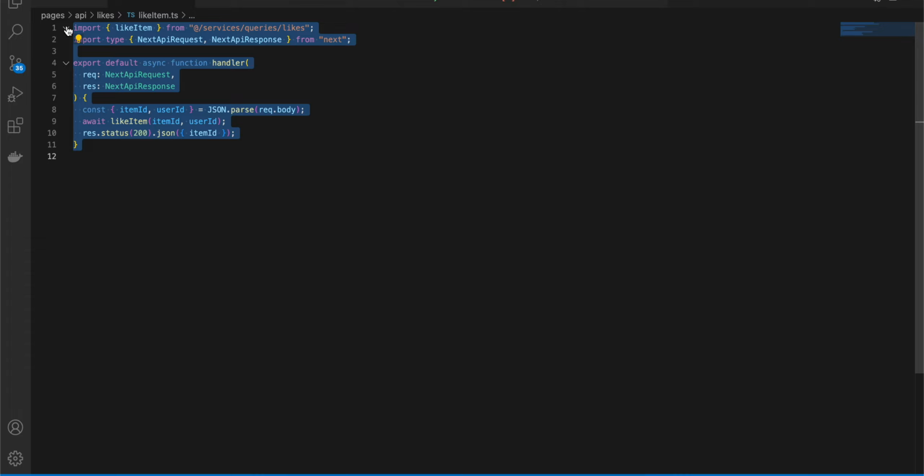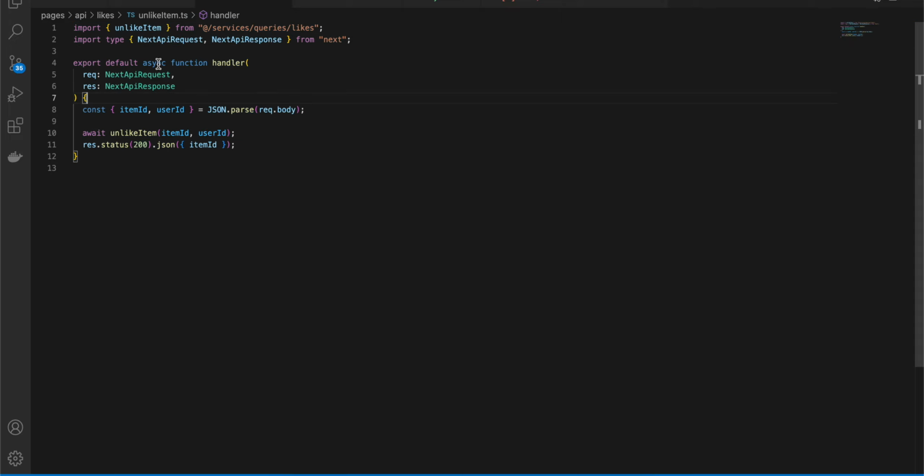Next is the like item API. In pages api likes, I have created like-item.ts. It basically calls the like item and takes item id and user id as the input. Again, this is a post request, but if you want, you can do a get request as well, your choice. Another is unlike item. Again, in pages api likes, I created unlike-item.ts, and it just calls the unlike item from the services queries likes